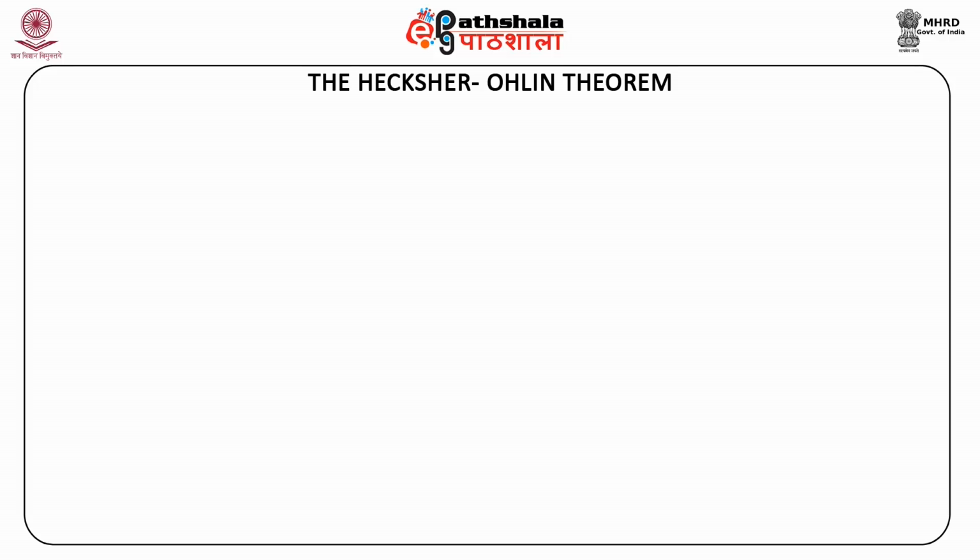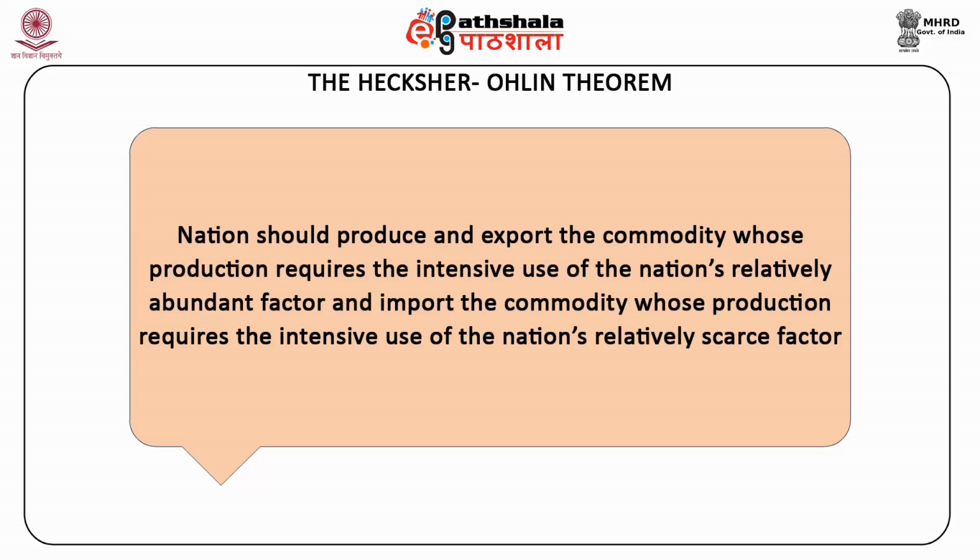The theorem states that a nation should produce and export the commodity whose production requires the intensive use of the nation's relatively abundant and cheap factor, and import the commodity whose production requires the intensive use of the nation's relatively scarce and expensive factor. In simple words, a capital intensive country exports capital intensive products and a labor intensive country exports labor